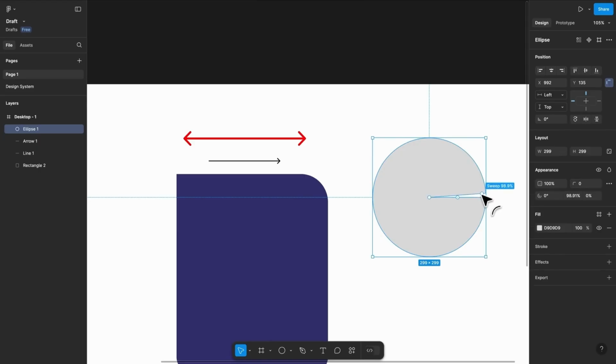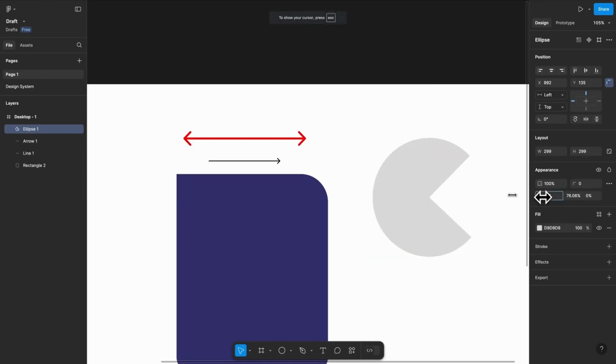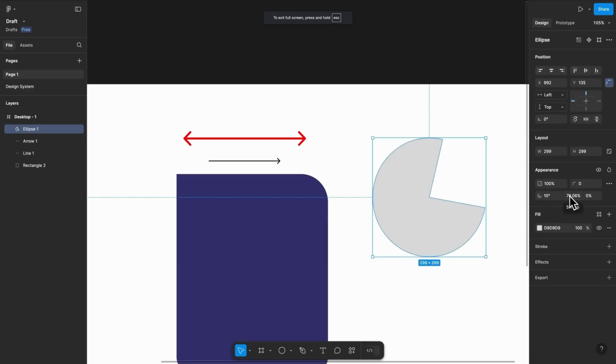If I left click and drag, I'll get access to other properties here, and I can specify different values. For example, I can change the start point like this. I can change these values, sweep, and ratio. These properties are quite helpful when you want to create charts, for example. So if I just increase the ratio, let's set it to 30, you can create such a shape. I can easily adjust the ratio here as well. I can change the sweep amount. I can change the starting point